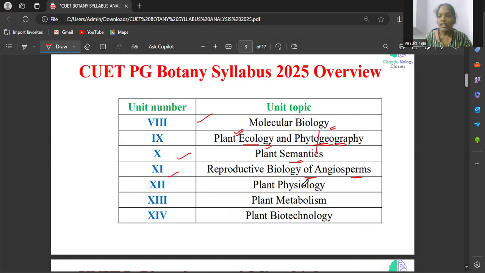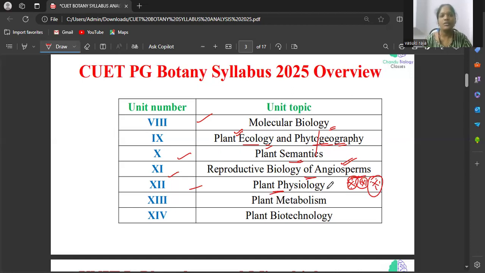The most important thing will be here, we can expect more number of questions. Okay, Unit 12 is related to plant physiology, the most important unit. At any cost, we should not leave this type of topic. In plant physiology, we have to study about photosynthesis, and we have to focus on the plant hormones,